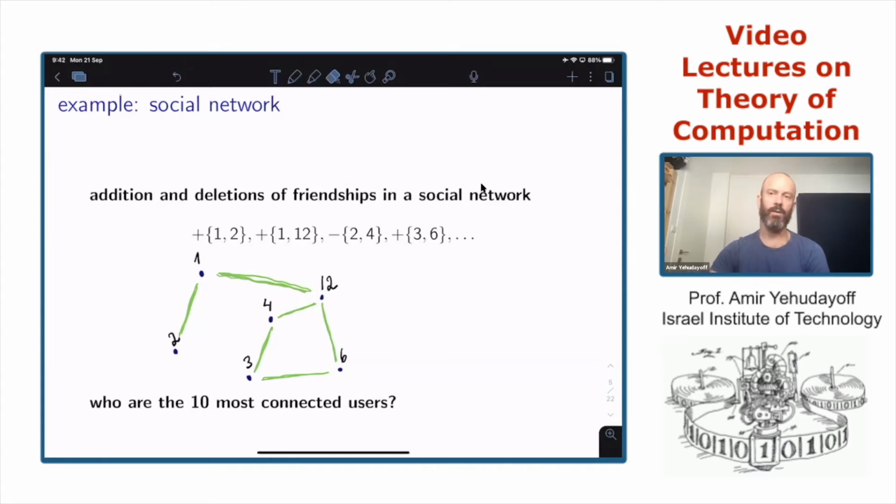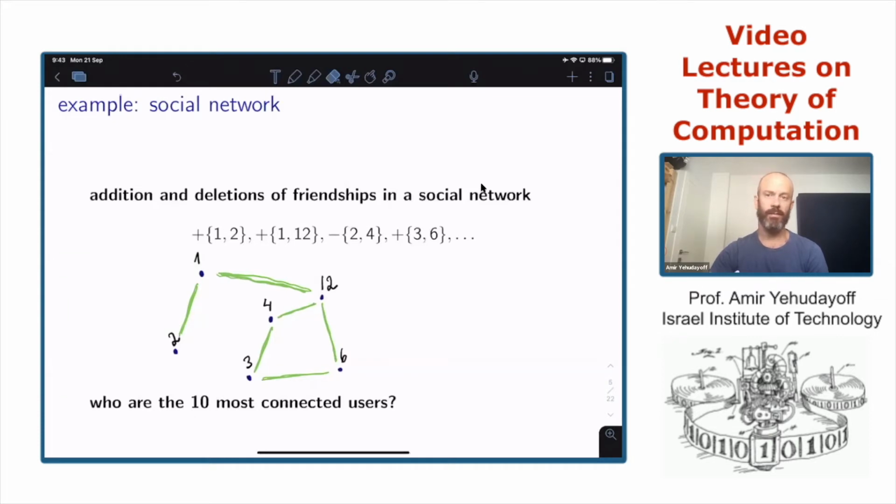And the question we want to answer is, inside this huge social network, what are the 10 vertices with highest degree? What are the 10 most connected users or members of the network? So this is a slightly more elaborate story, but it's a very natural story.